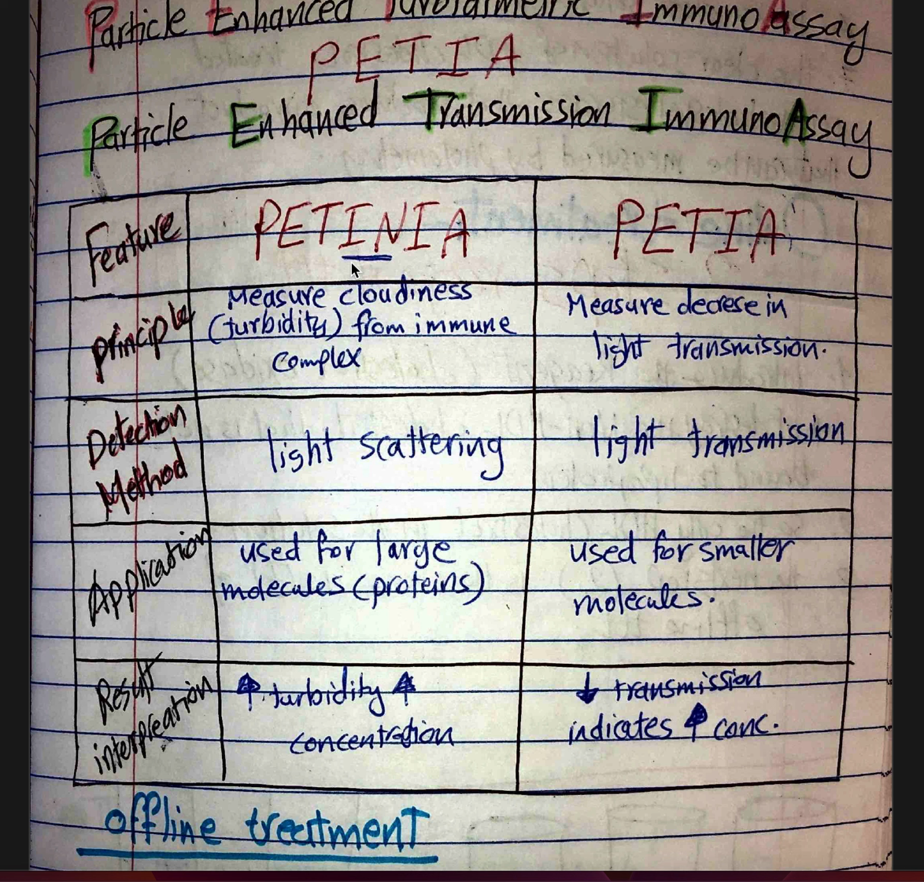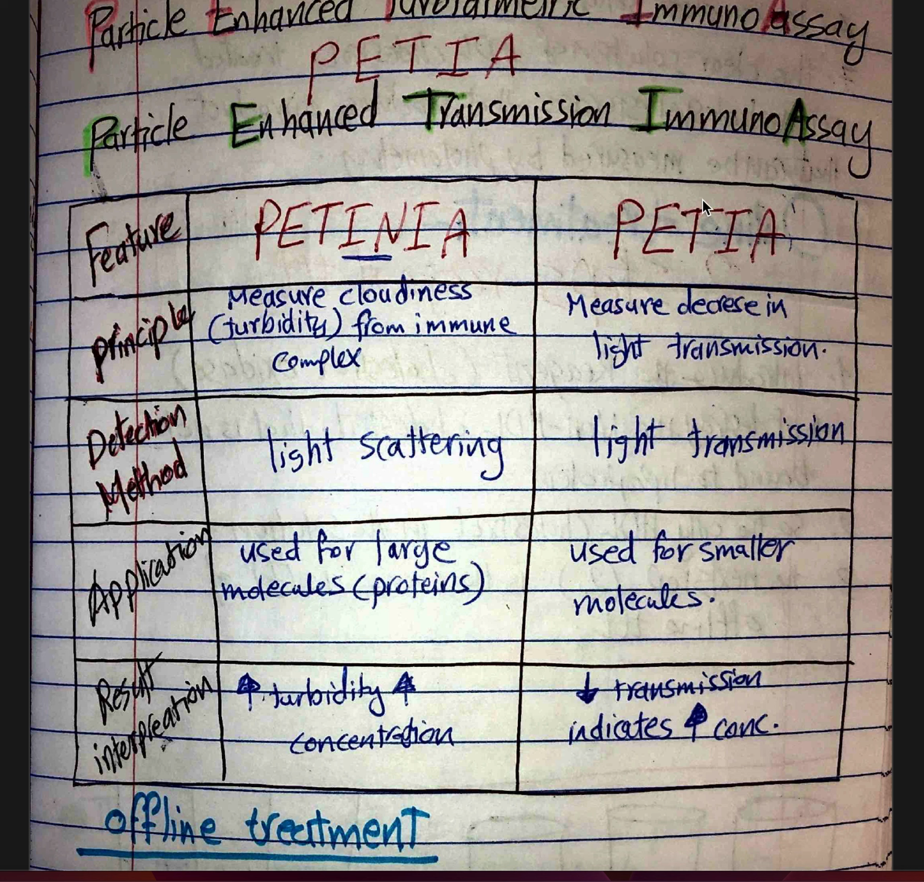When I say turbidity, that means they cause scattering of the light. And most particles are large particles. When they form immune complexes that are large enough, that causes scattering of the light. And once the turbidity is more, that means the concentration is more also. So when the turbidity increases, the concentration will also increase. And then we have PETIA, okay, and that means